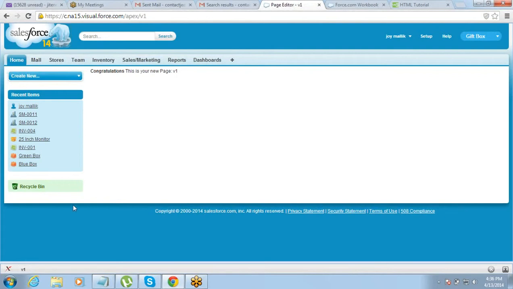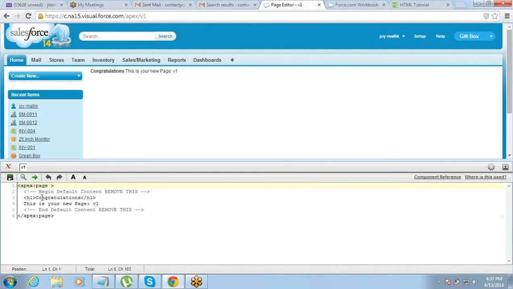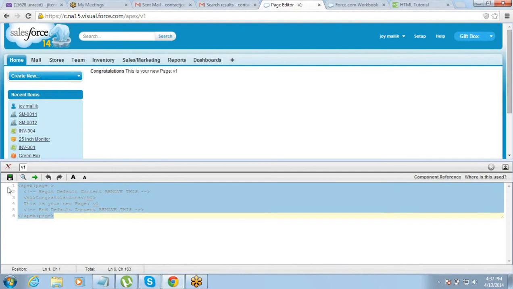At the bottom, you have this page editor window. You can just click on this page editor, and it will open up and show you the code. So here is the code in the page editor at the bottom, and here is the actual page.